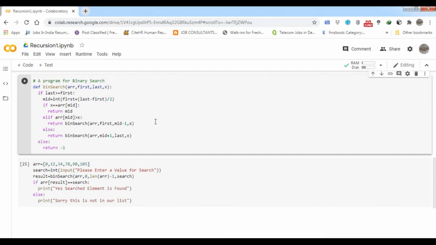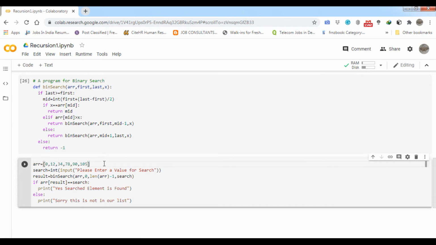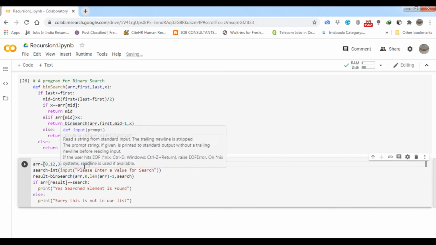Apart from this program, I have created this particular code. Come to this cell, students. Here I have declared an array in increasing, that is ascending, order: 0, 12, 34, 78, 90, 105.